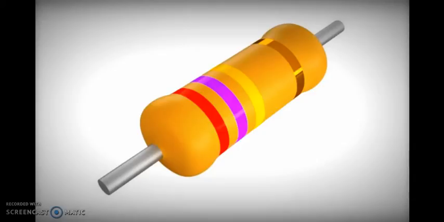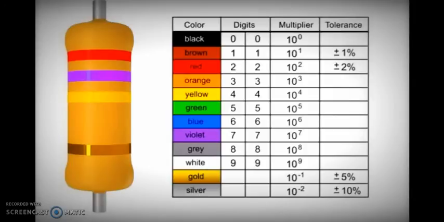So memorizing this color chart will enable you to become proficient and quickly decode any resistance value. In a 4-band resistor, the first 2 bands represent the digits or significant value, the 3rd band indicates the multiplier, and the 4th band indicates the tolerance. Here you can see the first 2 bands red and violet, and the 3rd band is yellow, whereas the 4th band is gold, which is the tolerance band in this case.